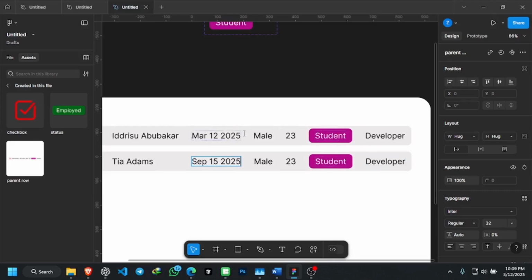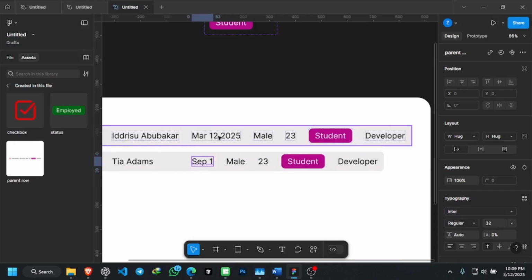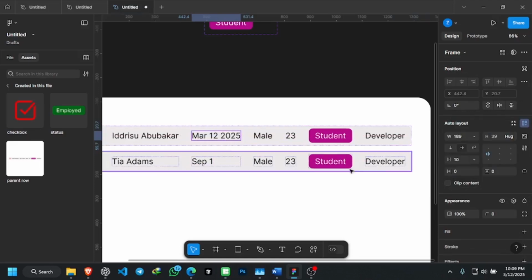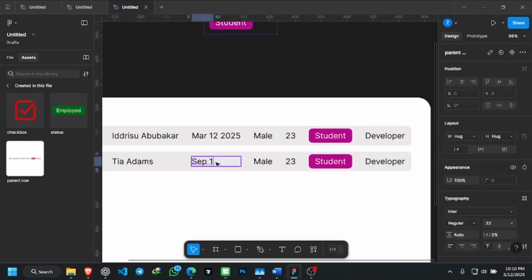Now, these two, we have to set the width to fixed. Currently, it's also on hug. That's why when you reduce the size of the date, it's affecting the layout of the entire width. So go back to the parent component here and change the hugging here to fixed. So you see that it pushes the entire row back. So you have to do that for all the